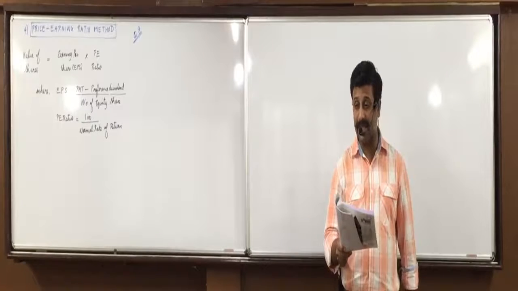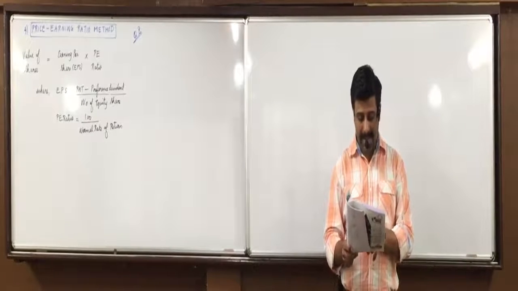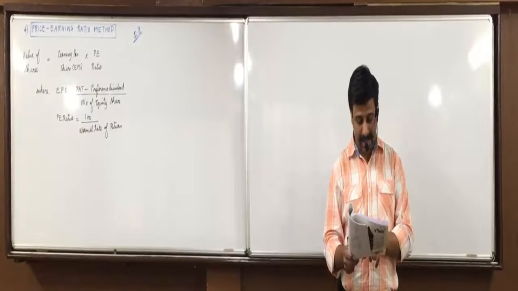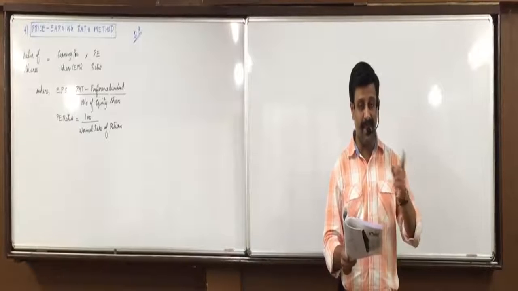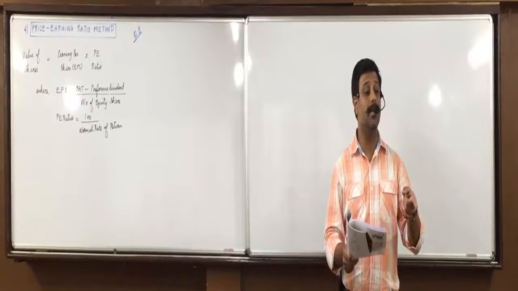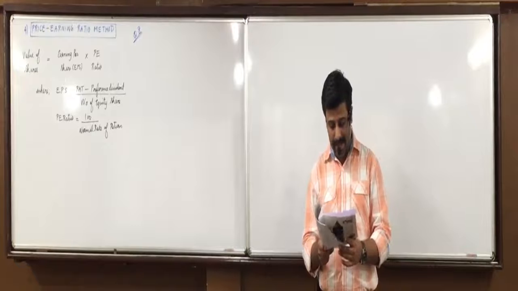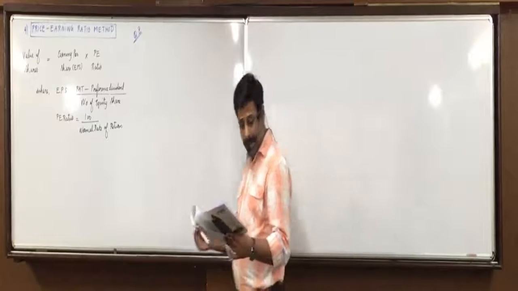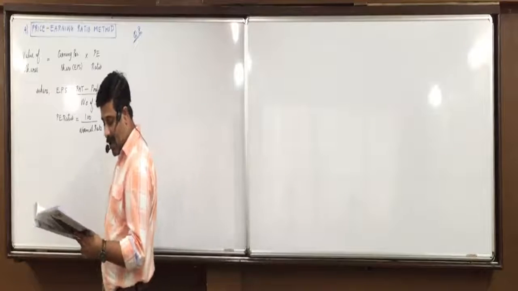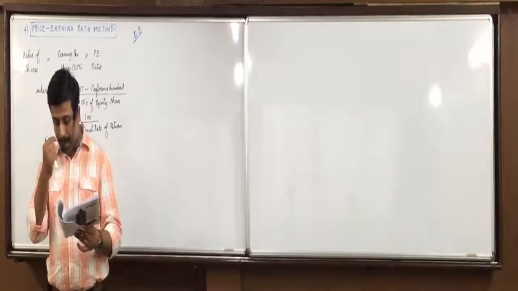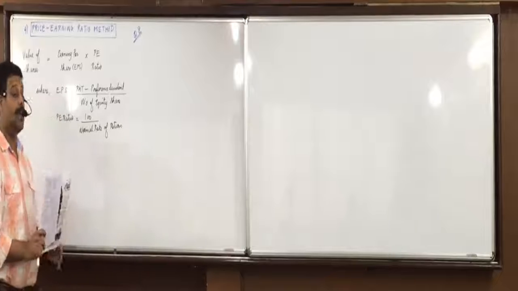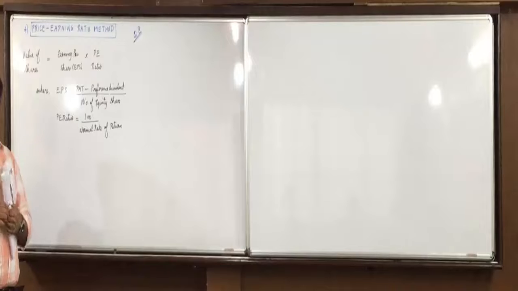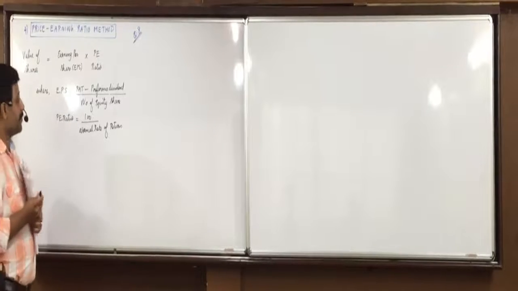What will be the debenture interest? 6 lakhs into 10%, 60,000. And what will be the term loan interest? 7 lakhs into 10%, 70,000. That we will minus, and we will get profit before tax. Minus tax. See, the rate of income tax is 40%. So you get profit after tax. Ascertain the value of equity share assuming the applicable price earning ratio is 9. Price earning ratio is directly given as 9. We don't have to find it. Is everyone clear with this? Let us solve it.